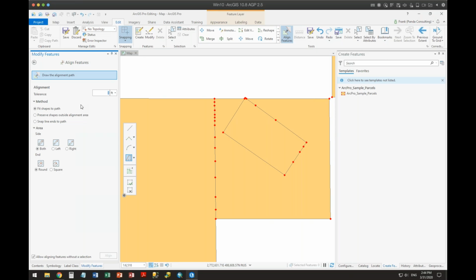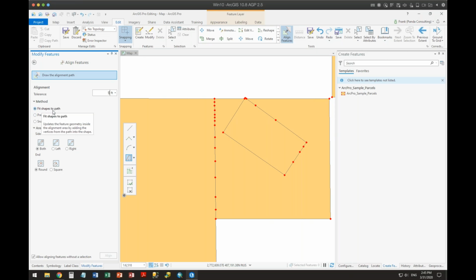All right, so I can tell it to go, and this tolerance is sort of a buffer, and it's going to look for vertices outside that buffer. And I can go in here and say, let's do a 5-foot buffer. By the way, did you remember that I told it to put my editing toolbar on the left-hand side and make it small? There it is there. And then here's some methods.